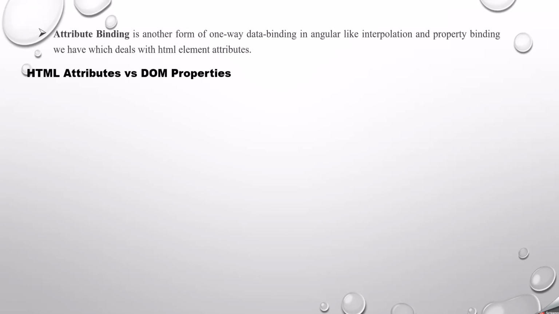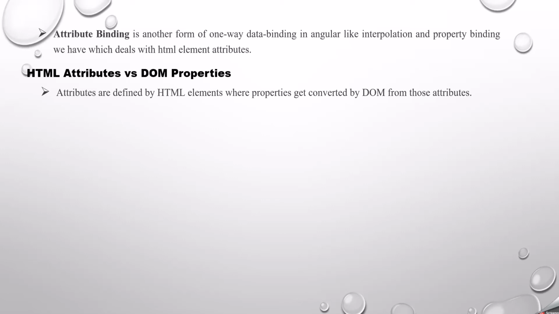Okay, before moving into the HTML attribute part, I would like to give you some intro about the DOM, basically what DOM stands for. DOM stands for Document Object Model. Here is what happens internally when an HTML page is getting rendered. It prepares the document object model. Let's suppose you have one text box, one button, one table in your HTML page, and when it is getting rendered, it is converted into its